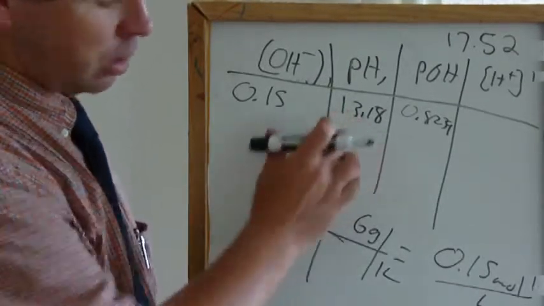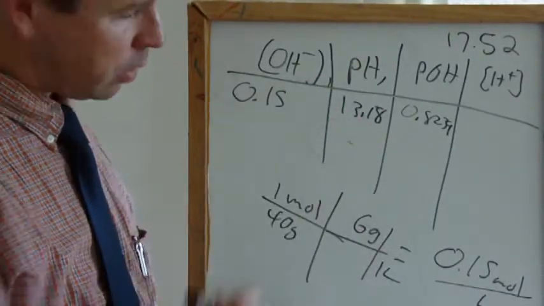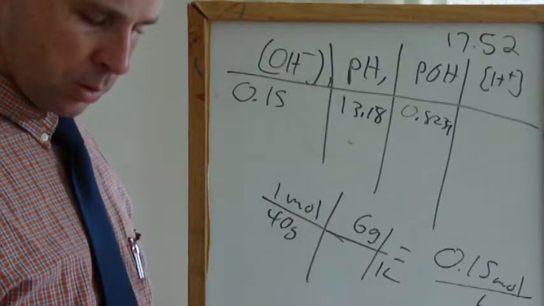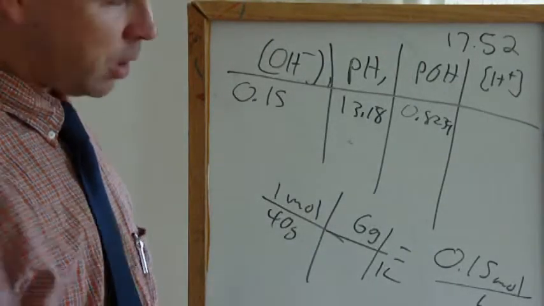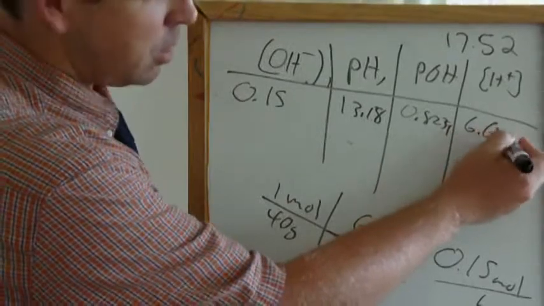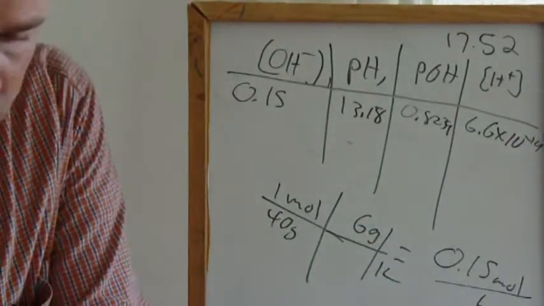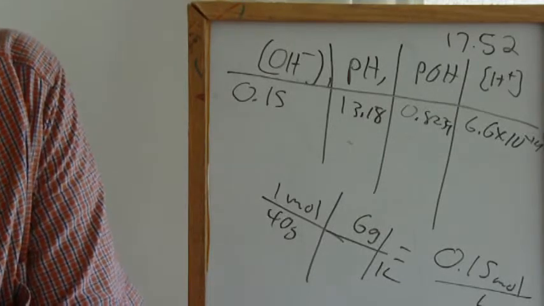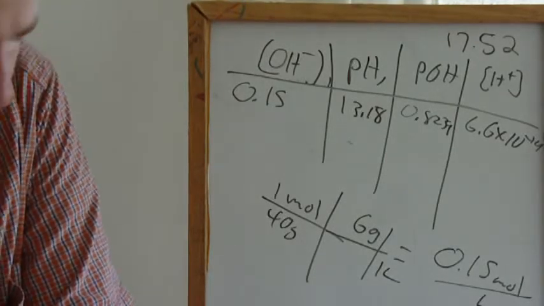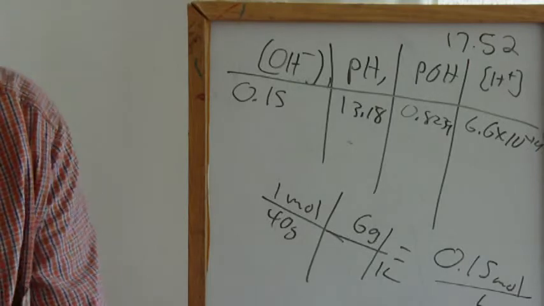So here's the pH, here's the pOH, and now we can find the hydrogen ion concentration by taking 10 and raising it to the negative value of 13.18. All right, so that's 6.6 times 10 to the minus 14. The pOH is 0.82, 13.18 is the pH. Hydrogen ion